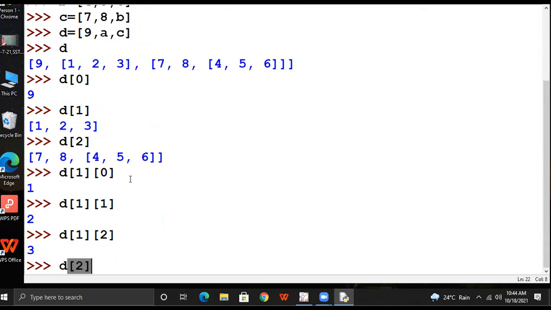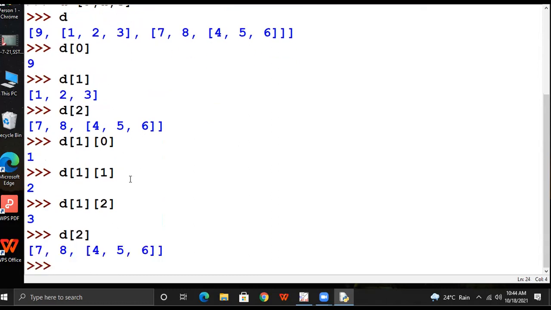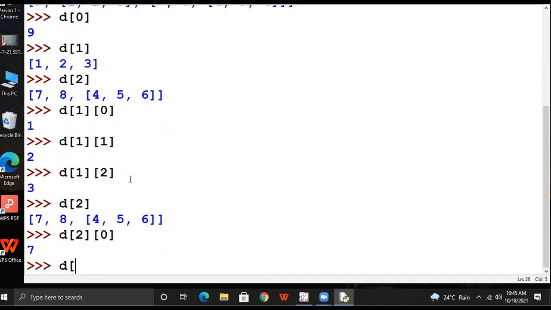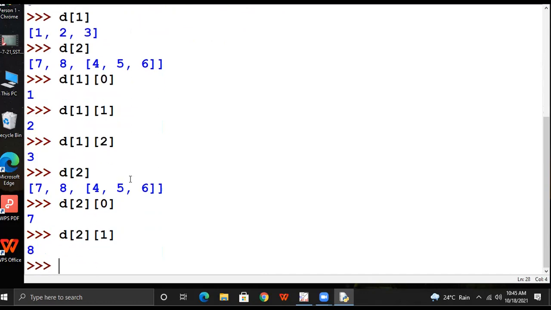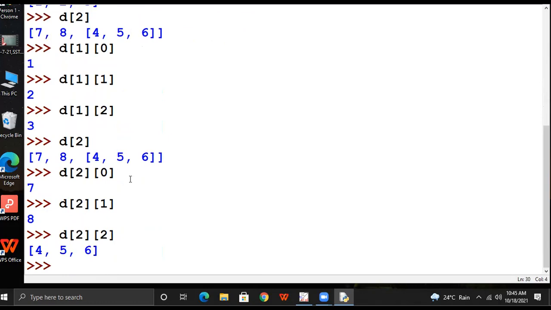Now D of 2. D of 2 of 0, D of 2 of 1, D of 2 of 2. D of 2 of 2 is further divided, a category and then its sub-category. D of 2 of 0, D of 2 of 1, D of 2 of 2. Now see D of 2 of 2 of 0. Triple subscript, triple indexing.